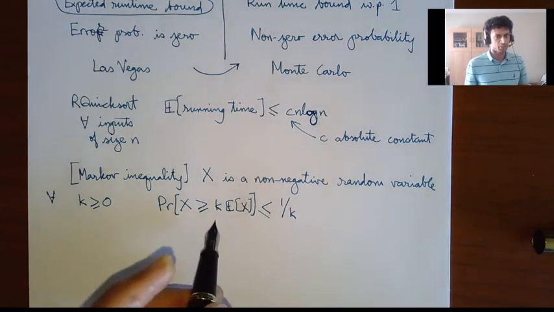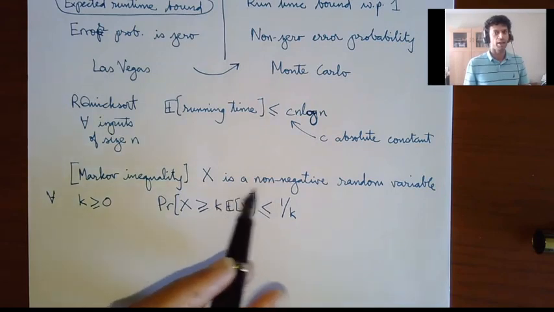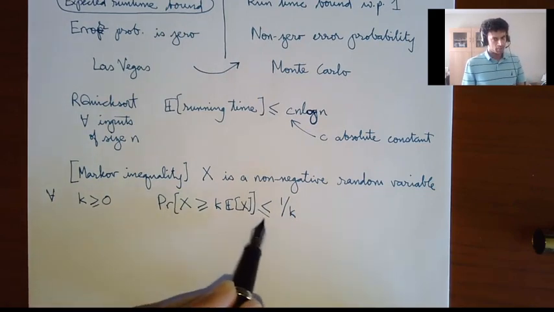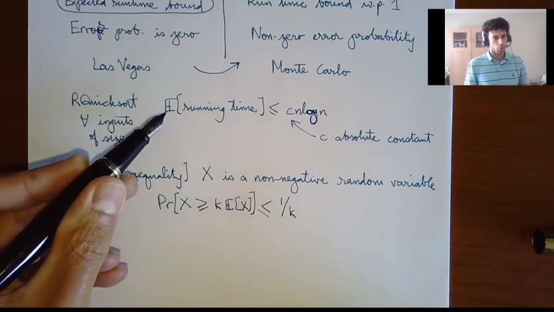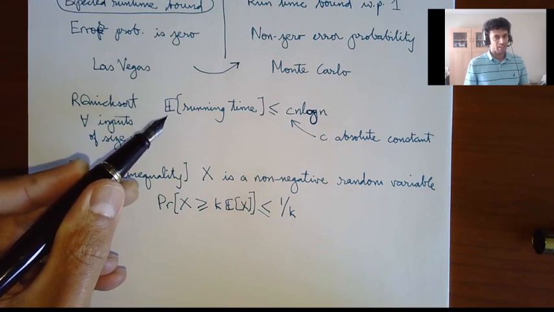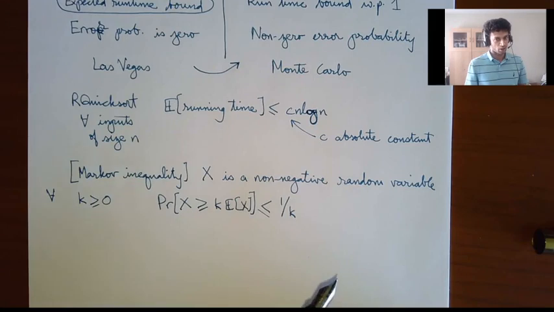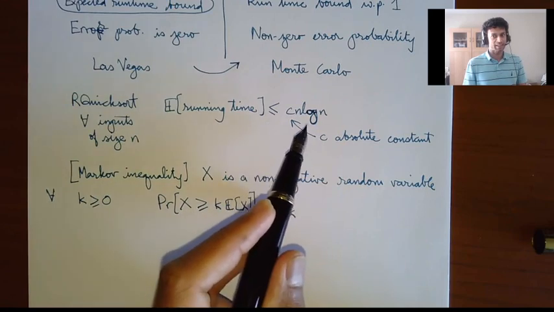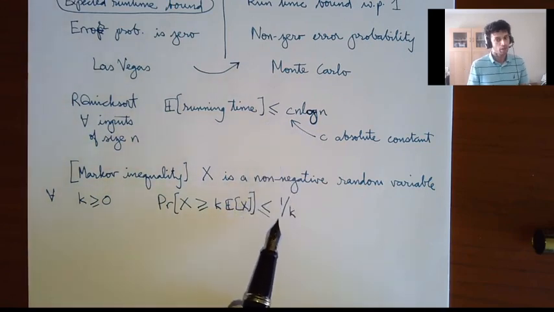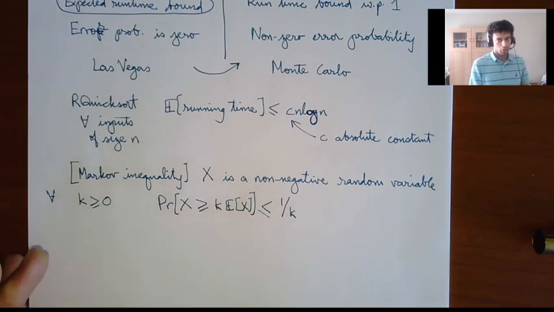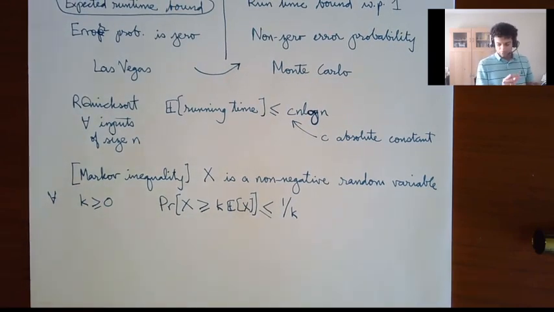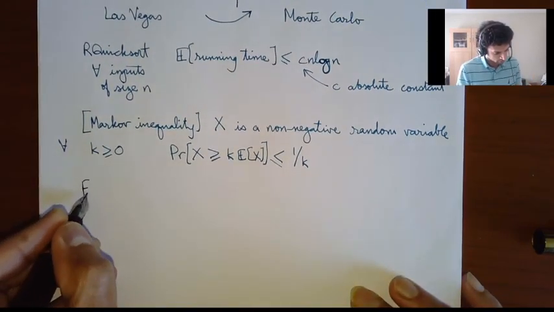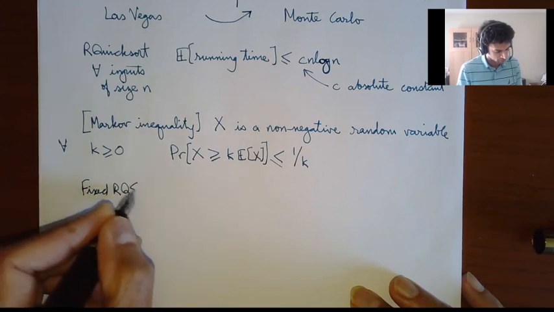It's fairly easy to prove the Markov inequality, and you use the non-negativity. I'm not going to show you a proof, but I want you to look at the statement. Now let's go back and look at Quicksort. The expected running time is less than Cn log n, so the probability that the running time is going to be 10 times that is at most 1/10. Using this, let me give you a version of randomized quicksort where the running time is fixed. I'll call this fixed randomized quicksort.